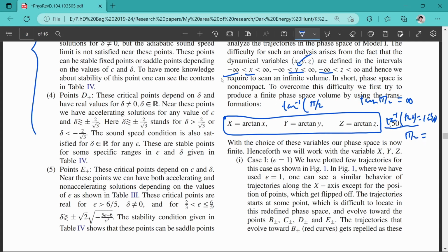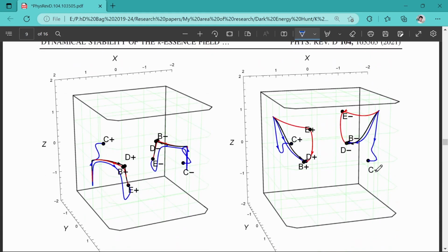So we can take tan inverse on this side, and let us assume that tan inverse of x is capital X, tan inverse of y is capital Y, and tan inverse of z is capital Z. In this way our phase space is now constrained between pi by 2 and minus pi by 2. You can also define hyperbolic quantities like exponential of hyperbolic of x and so on. Since in no way could we constrain the phase space, and these are not very compact, we have defined these variables to compactify our phase space.